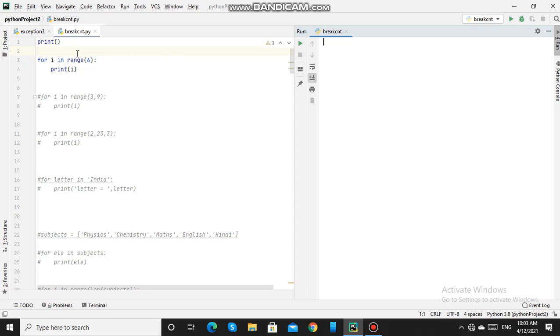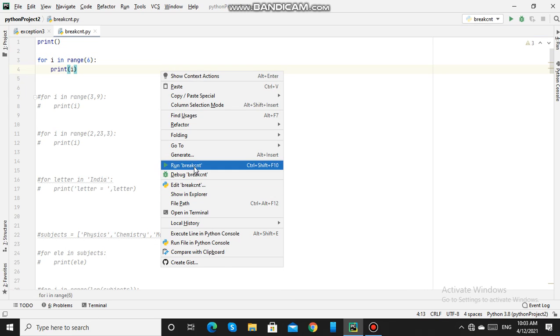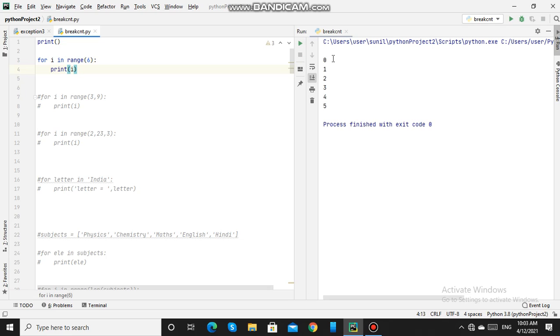So it will start from 0 to 5, which is 1 less than the end index value which we have given. So the range will be from 0 till 5. We'll run this. So it has started with the default value 0 and it has ended with 1 less than the value which we have given. So 1 less than 6, that is 5.